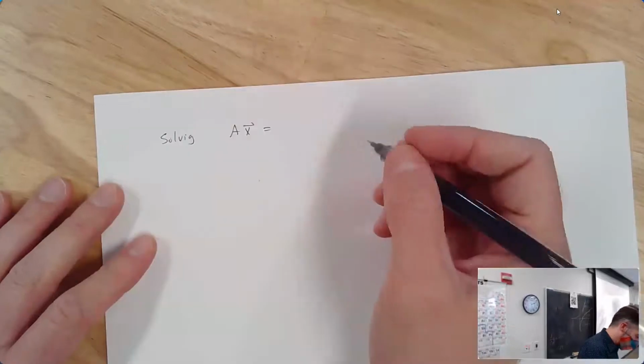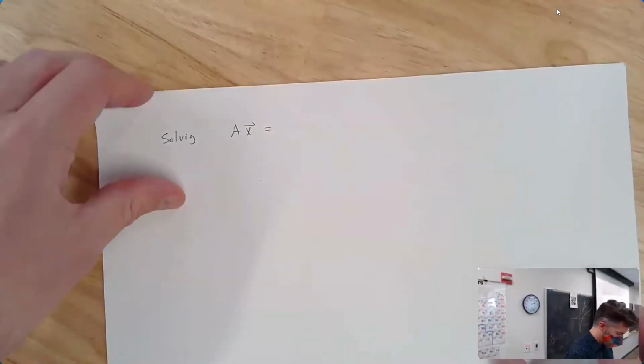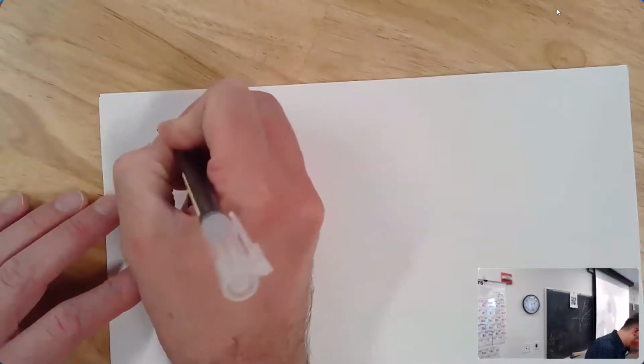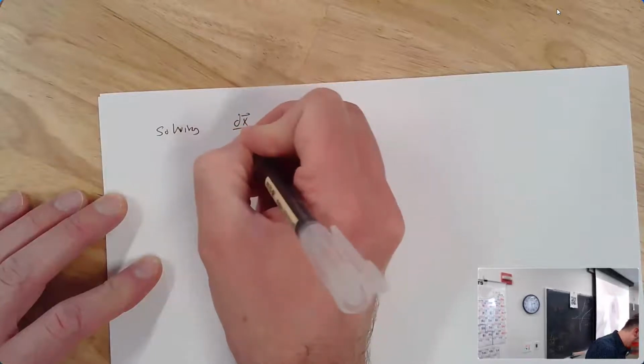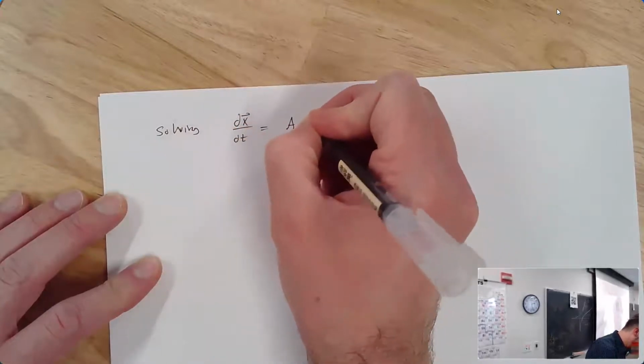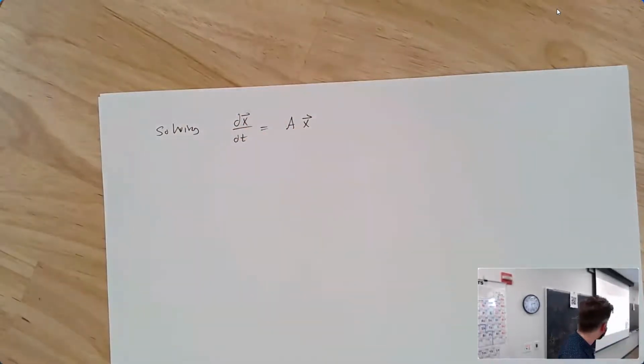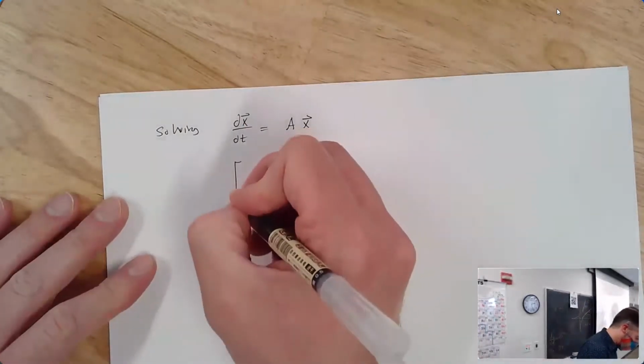Apologies, we're solving this system. The derivative is equal to A times, or as you might usually write it,